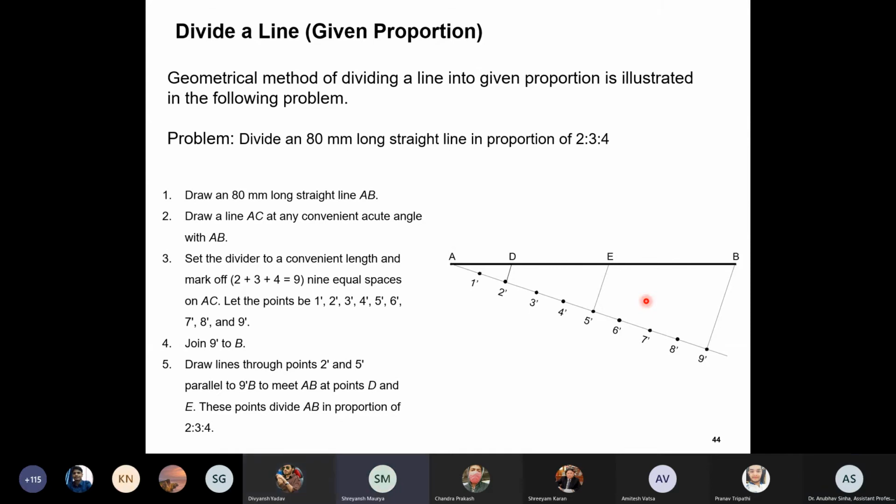Sir, while using the set square, you made an extra line. Will that be included in the final figure, or do we have to erase it? If you can, remove it. Basically, it is for guidance. If you use lighter lines, which are not dark, then you can show that a set square was used. Otherwise, instead of using that line, just place one set square like that.